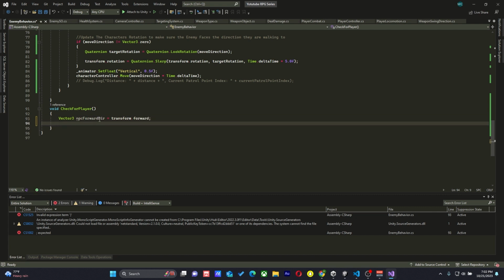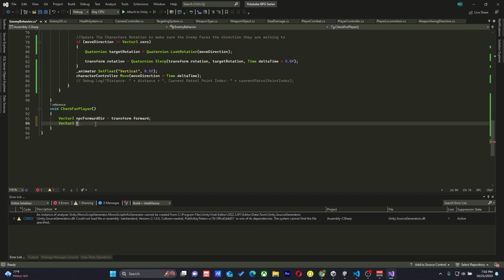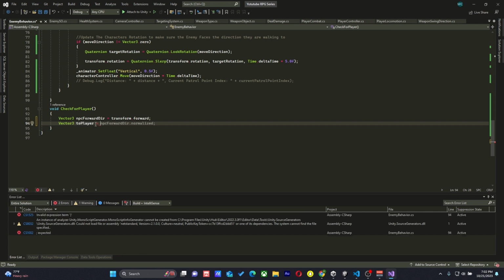Well and good. Then we're going to say now Vector3 toPlayer. My goodness, if I can type. toPlayer is going to be equal to the